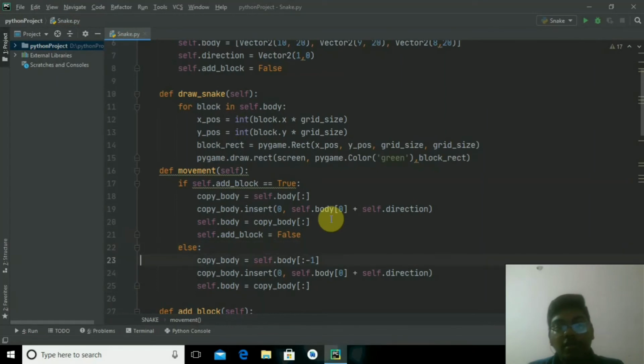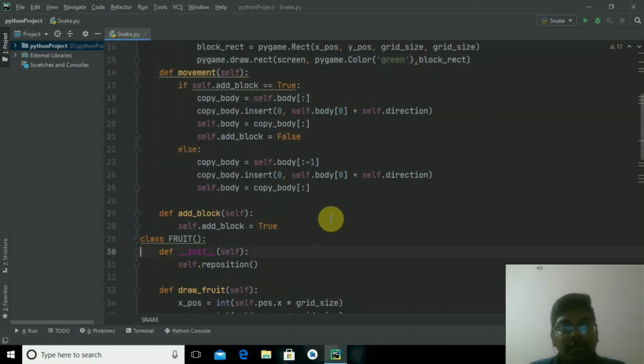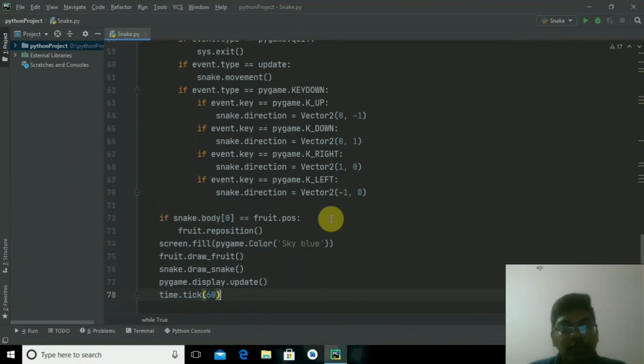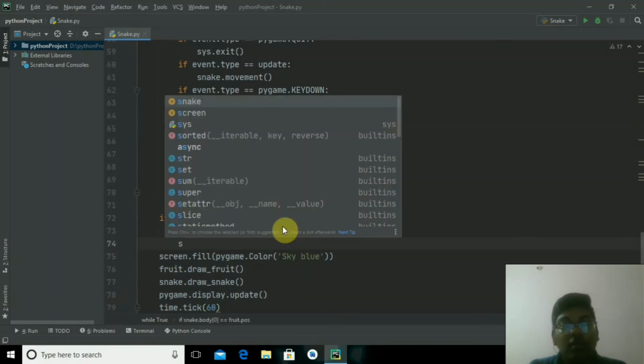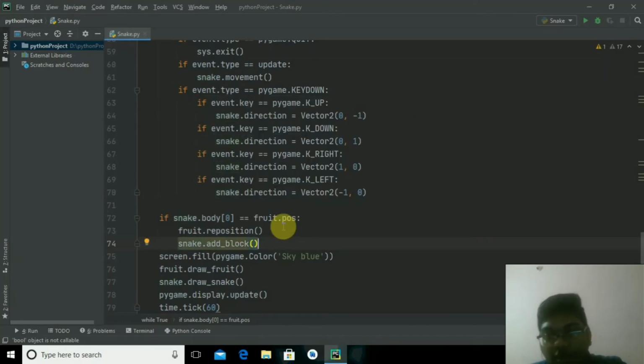Okay, now we have successfully done it. Now we will add that function here. Here you go. In this one, collision on. Now snake.add_block. When I run this,